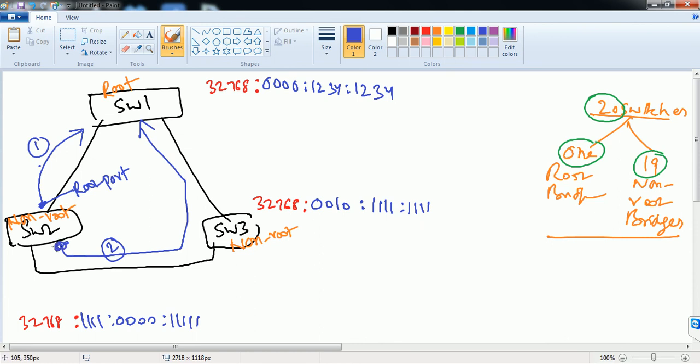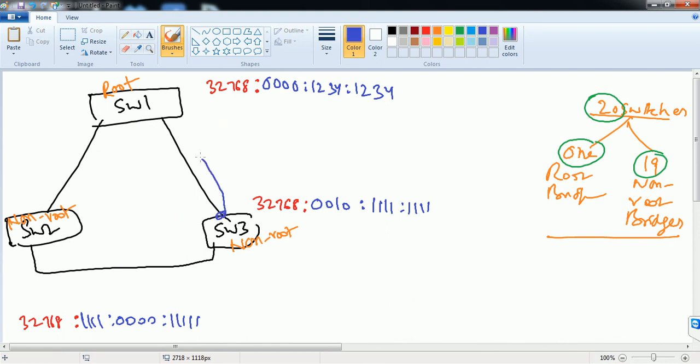So whichever is the shortest or whichever is the best one. Similarly, the same thing applies for other switches also. Like every non-root bridge, this switch also will try to reach the root bridge. This is one way, or it can go from this route also. Out of these two routes, any one can be the best, and whichever is the best, that particular port is going to become the root port, either this port or this port,